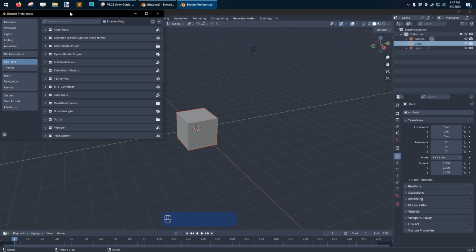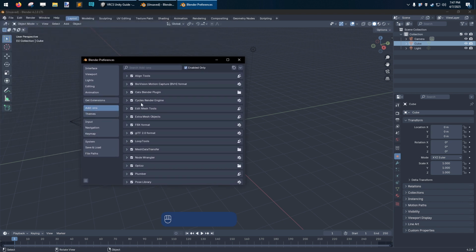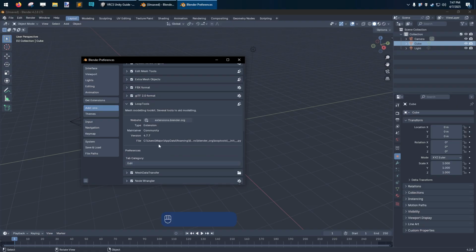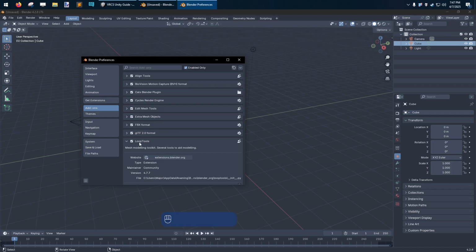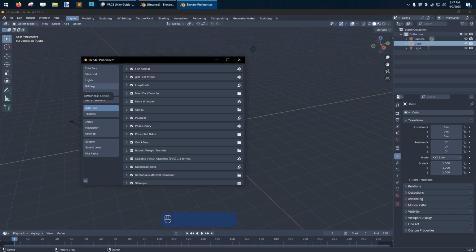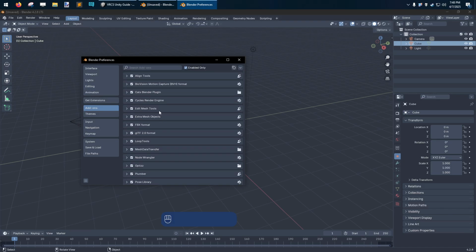And there's a few key things that I'm usually going to recommend that you turn on. A couple of add-ons that are really worth having. One of them is Loop Tools, which provides you some extra flexibility when it comes to selecting things and moving things when you're in edit mode. As well as, where is it? Align tools is somewhat useful when you're doing more complex things and trying to make sure that things line up perfectly. The Cat's Blender plugin, of which you're going to want to find the right version for